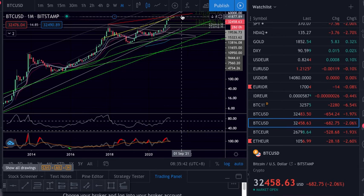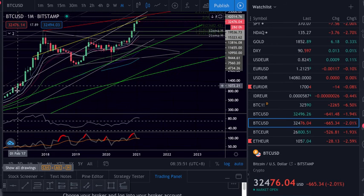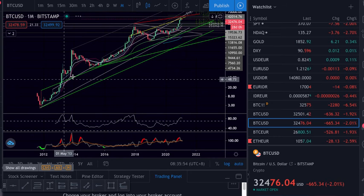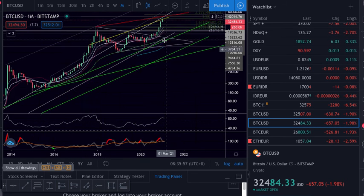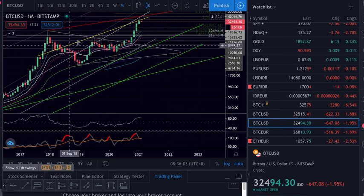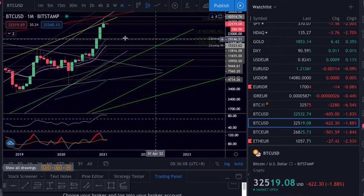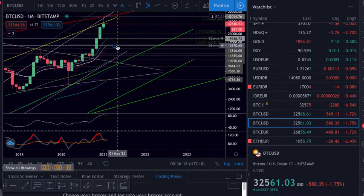We have a new top that wasn't tested as resistance. But previously, I had all this trend line that came from here, that started here, and basically gave this top, and then we had this one easy one that aligned with this wick, gave this top, and we are coming down on the monthly support, first support here on the 19,300 on the moving average and the all-time high, and of course the 20 and the 21 here from the 15K